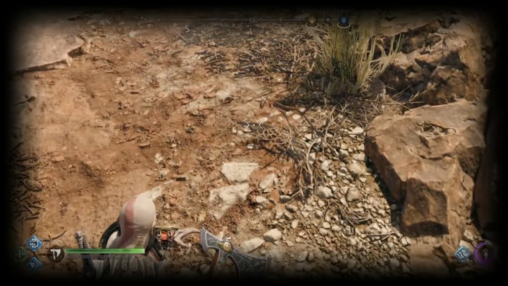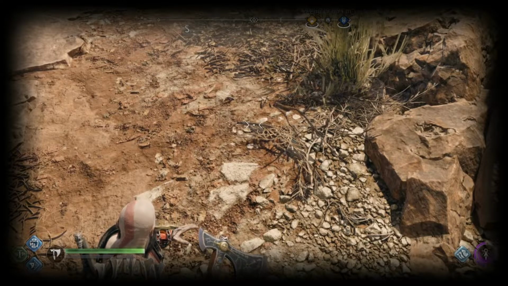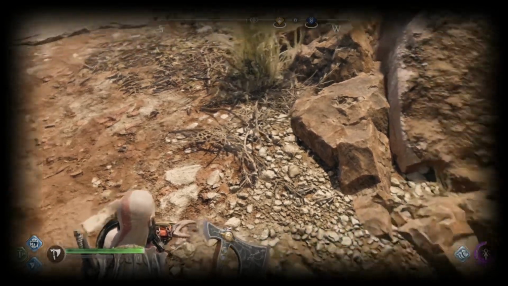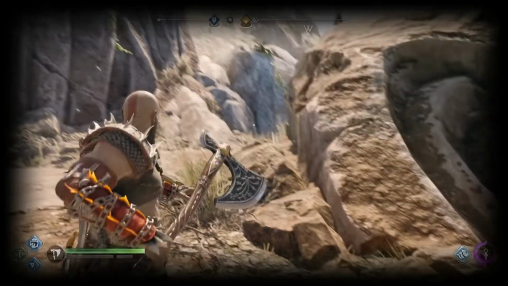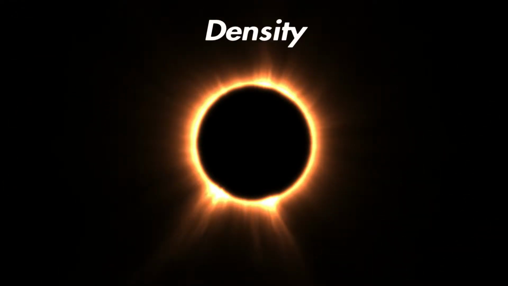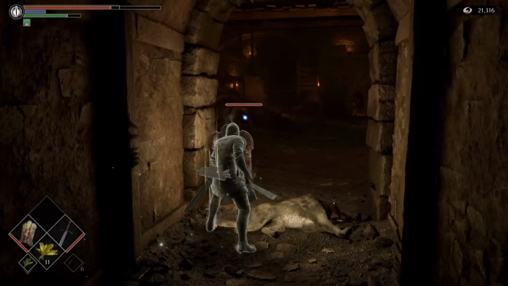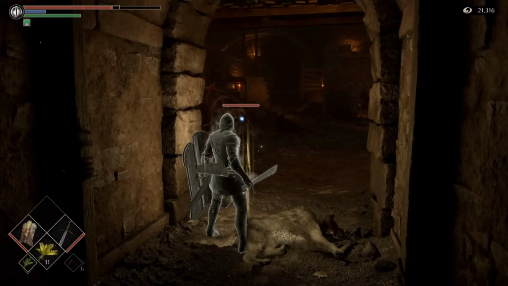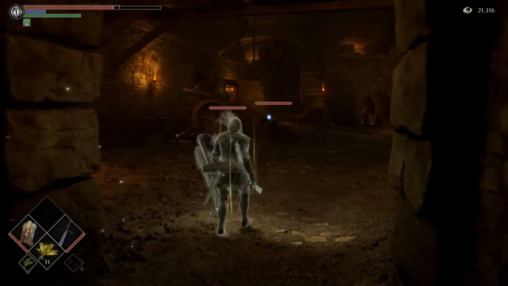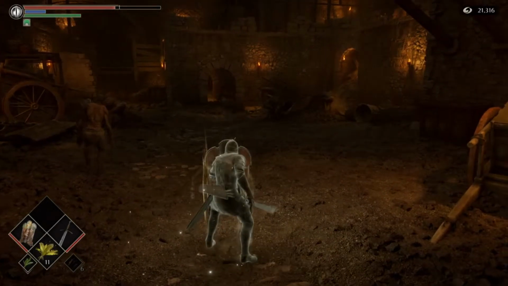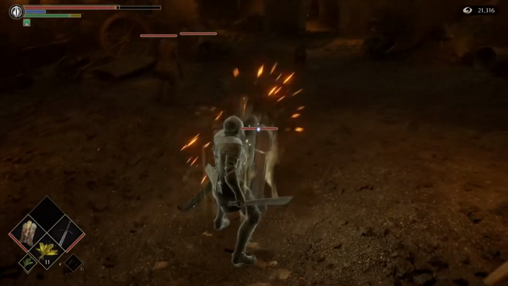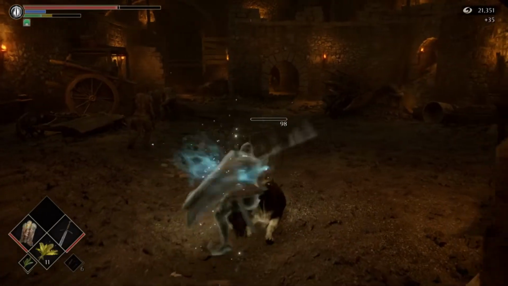So in this particular case, they rely on normal maps, high resolution normal maps at that. Their environments are a lot bigger in God of War as well. We're going to take a look at some density as well going here. And you can see that you got the physics of the ragdolls, which there are ragdolls in God of War. They just disappear as quickly as you kill them. You got a lot of things going on here. It's a lot of density, a lot of rubble on the ground.